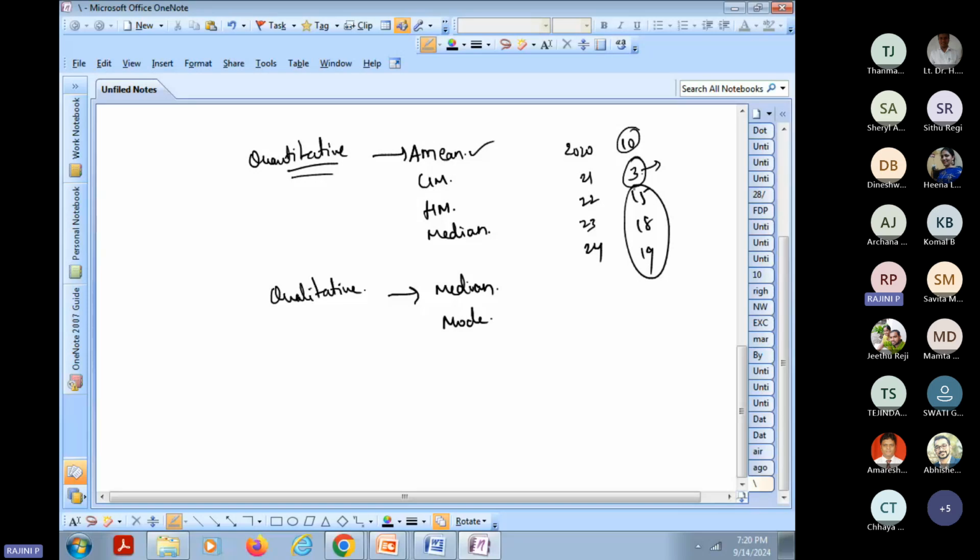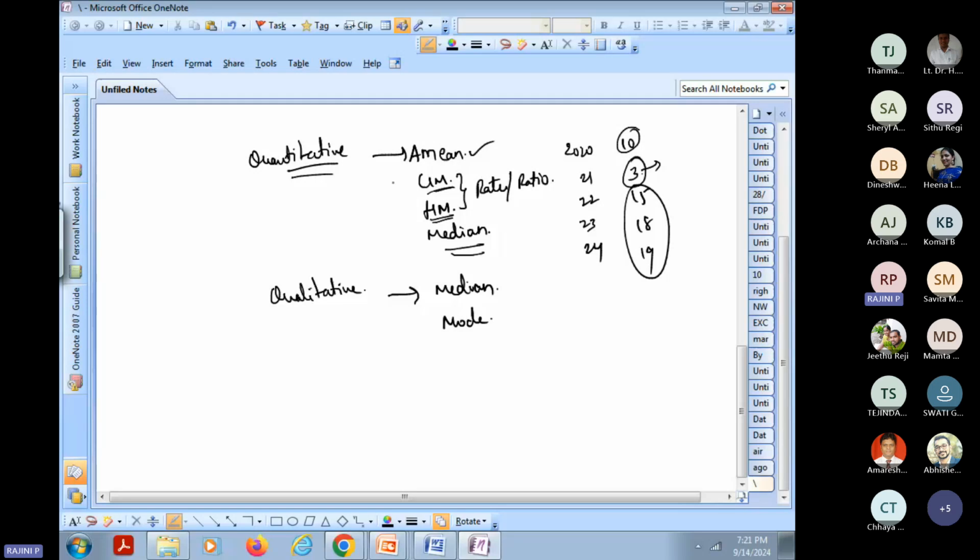So if the data consists of outliers, we cannot go for the arithmetic mean. Just go for the median. If the data consists of outliers, then we go for median. Remember that. And next one, when do we go for the harmonic mean and the geometric mean? Remember, harmonic and geometric mean we apply for rates or ratios of the data. If you want to find rates or ratios of the data, we go for harmonic mean and geometric mean.